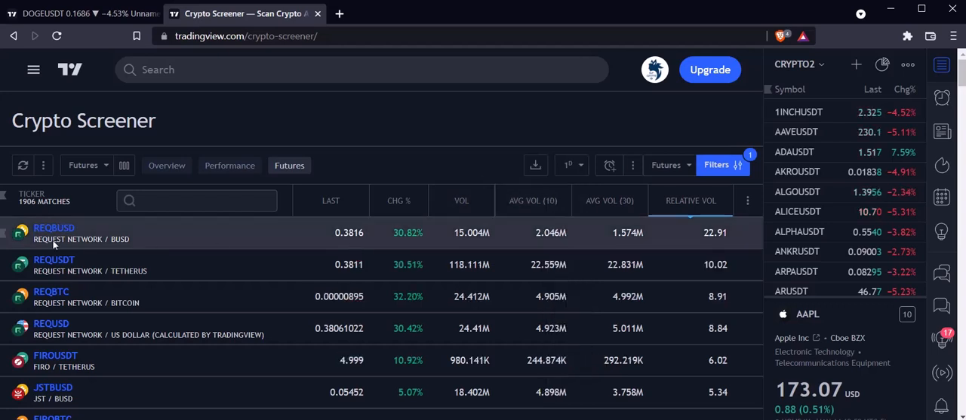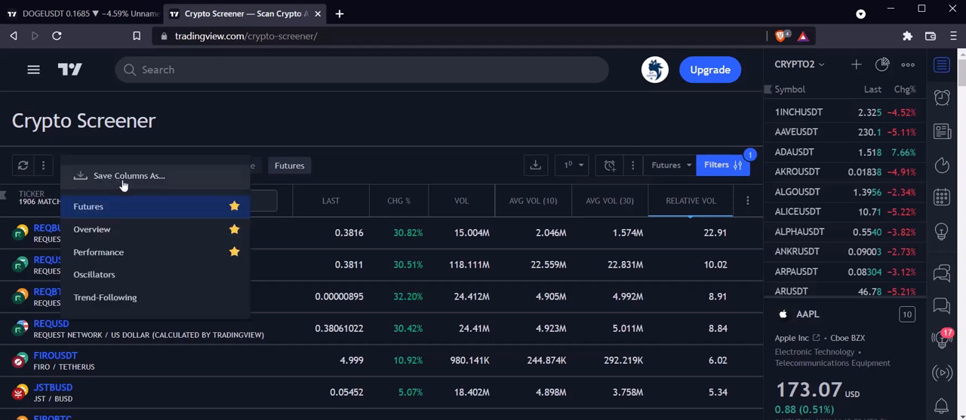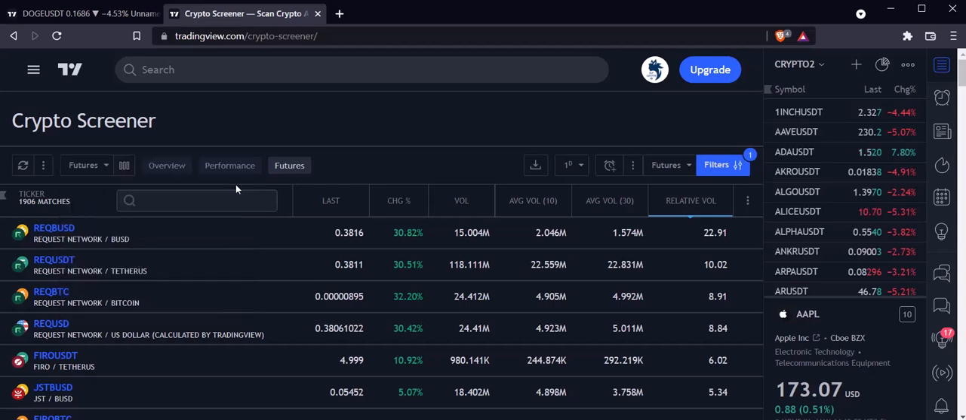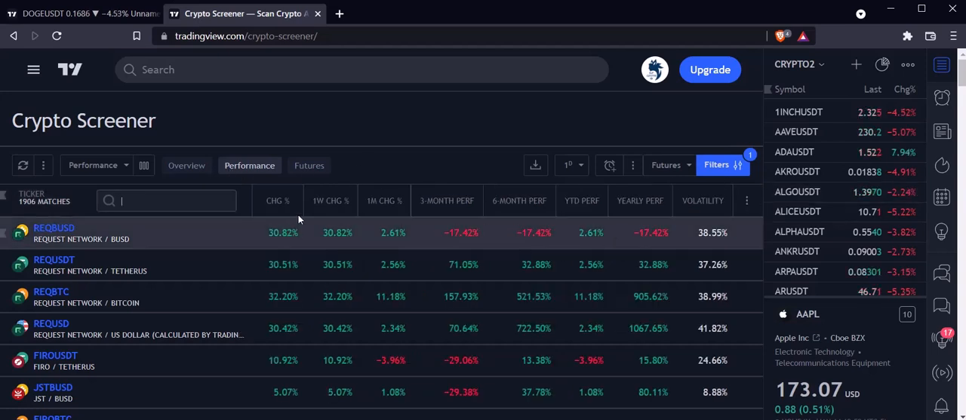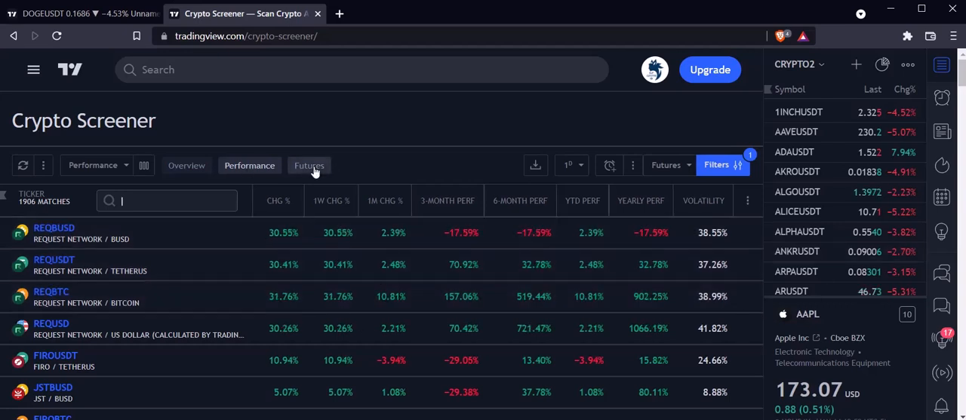So what does it mean? And after that you can save this interface, save your columns for faster accessibility. For example, here I set performance. Let me see. The columns change, the features change, but what we need is futures, which I named myself,